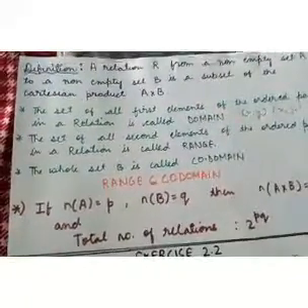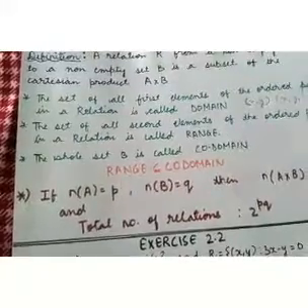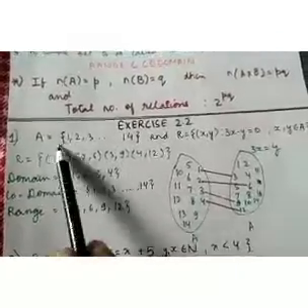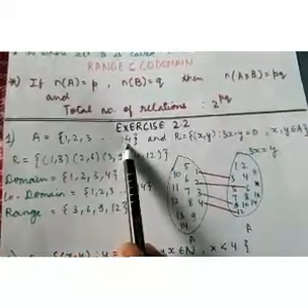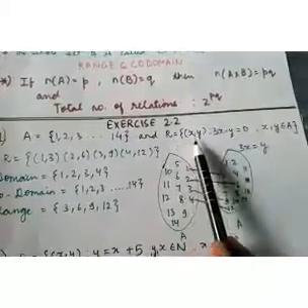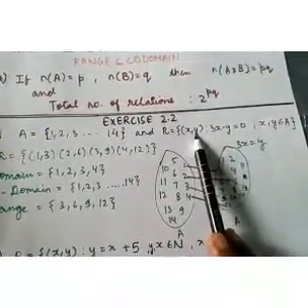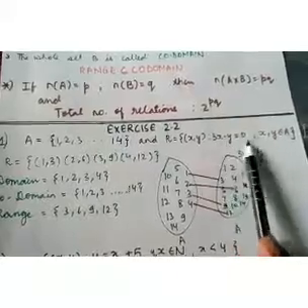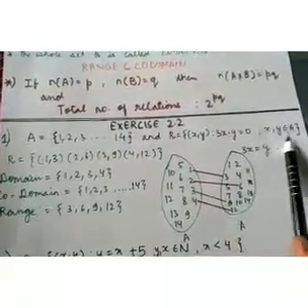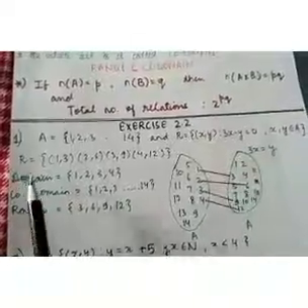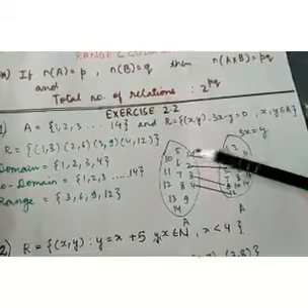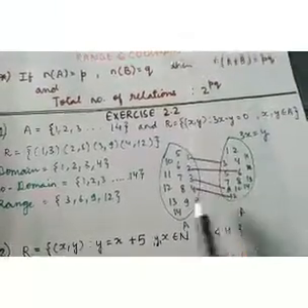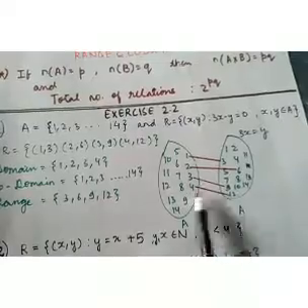The definitions we have studied here, now we will solve the question on its basis. So it will be more clear to you what is domain, range and codomain. We are given a set A with elements 1, 2, 3 and so on up to 14, and the relation R is given. It has the ordered pair (x, y), those pairs for which 3x minus y equals 0, where x and y both belong to the same set A. Now we will make these diagrams and we will make the set A. Since this relation is from A to A, both the sets are A.